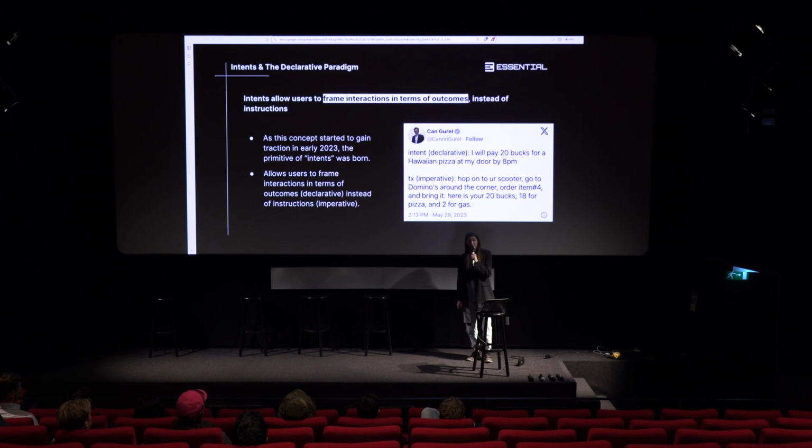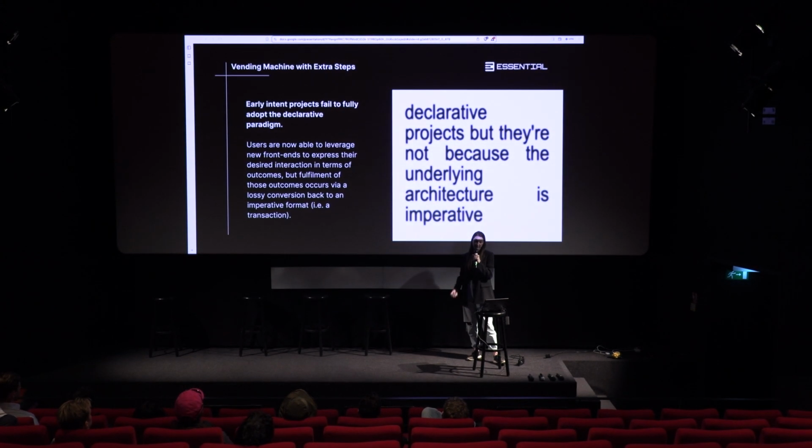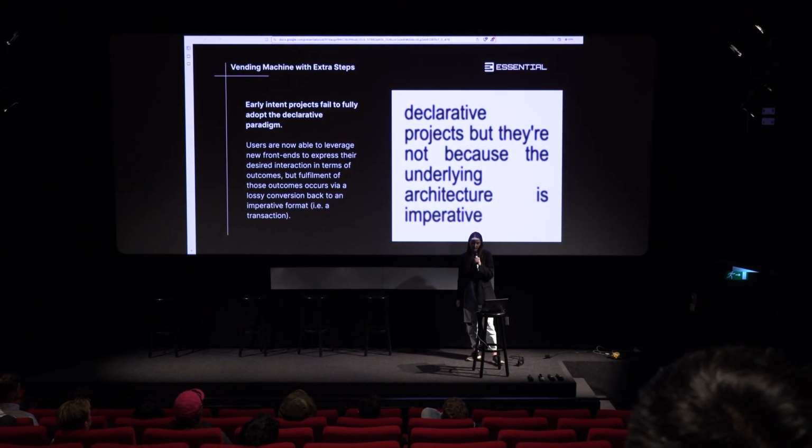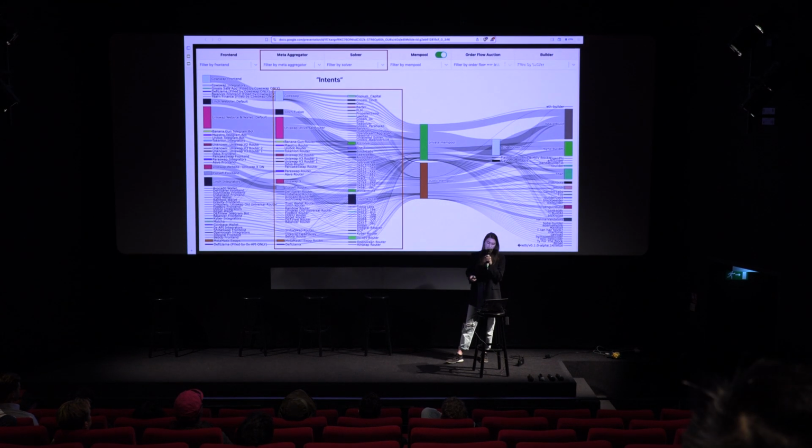And as I'm sure most of you know, the core principle of intents is basically allowing users to sign over their intended outcomes declaratively, so in terms of the outcome itself, rather than in terms of the imperative instructions that they want to be executed. But there's a problem with these systems, which is that they still settle on imperative state machines. So at some point along the transaction flow, you have to turn these...